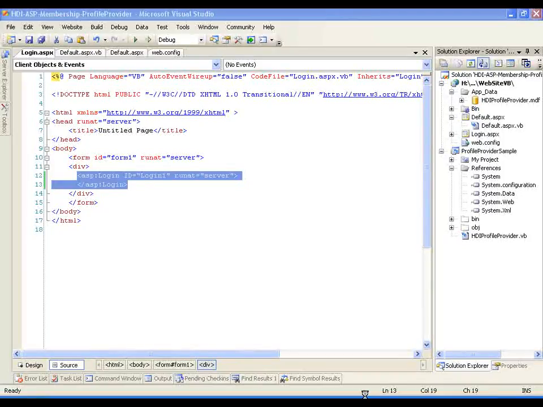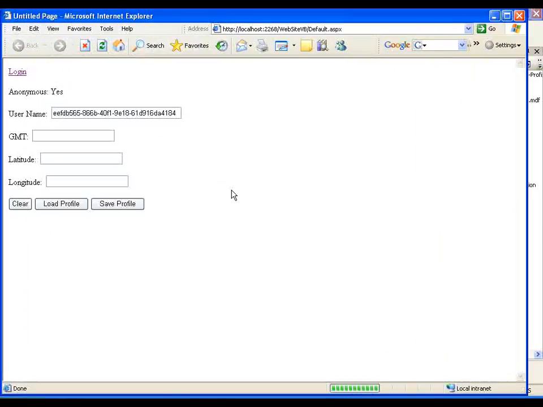Okay, we should be all set to test out our sample website here on our profile provider. Let's start it up without debugging. And we initially are not logged in, so we're an anonymous user. We're given this GUID as our username. Let's put in some values here. Let's put 1, just 2, and 3 quite quickly. And then this button will save the profile back to the database. Let's just do that. Here we'll clear out the profile information. We'll keep the same username, so when we click load profile, it should load in that information back again, as